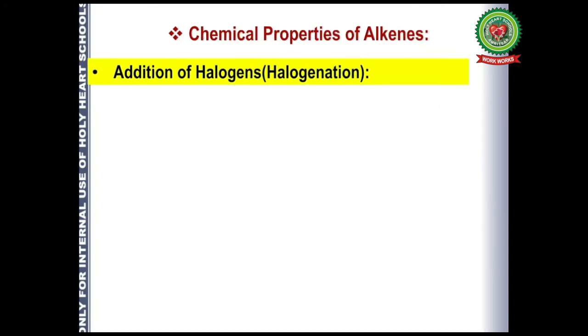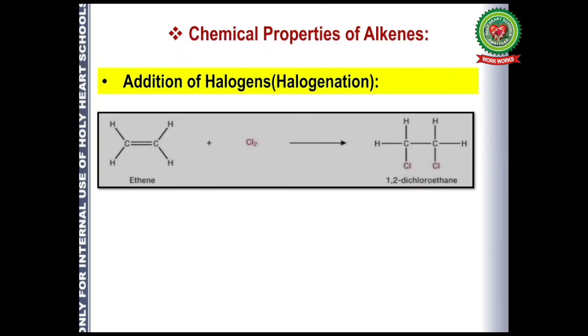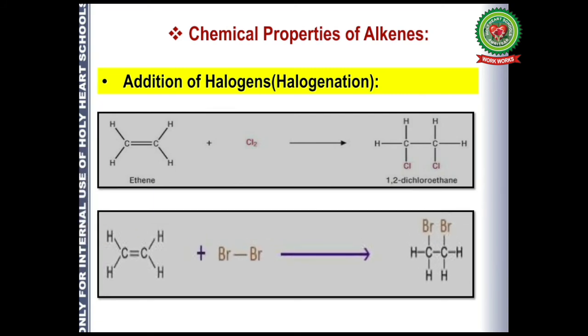The next type of reaction is addition of halogens. Now in this case, what happened? The reaction goes in a similar manner. Chlorine gets added across the double bond, and here we need to give the position of the chlorine also in the IUPAC nomenclature. Since the long chains are 2 in number, so there are 2 carbons, and to one of the carbons chlorine is attached and to the other one also chlorine is attached. So the name comes out to be 1,2 dichloroethane. Similarly, bromine also gets added across the double bond, and this gives rise to 1,2 dibromoethane molecule.